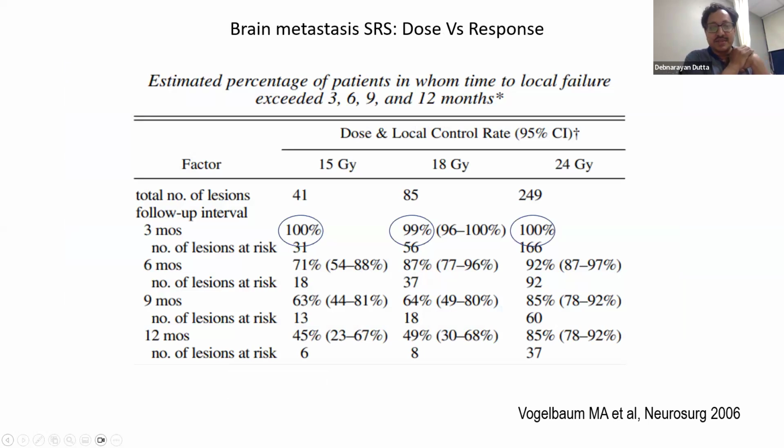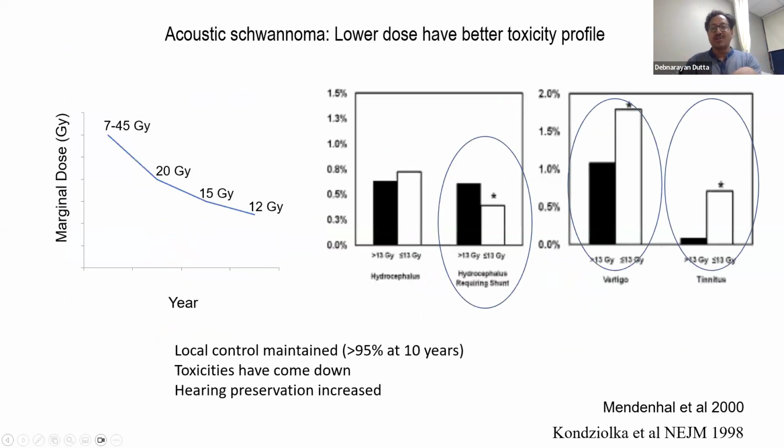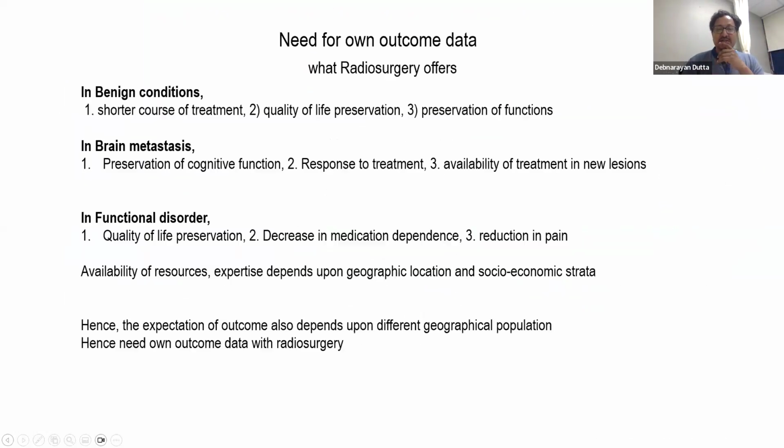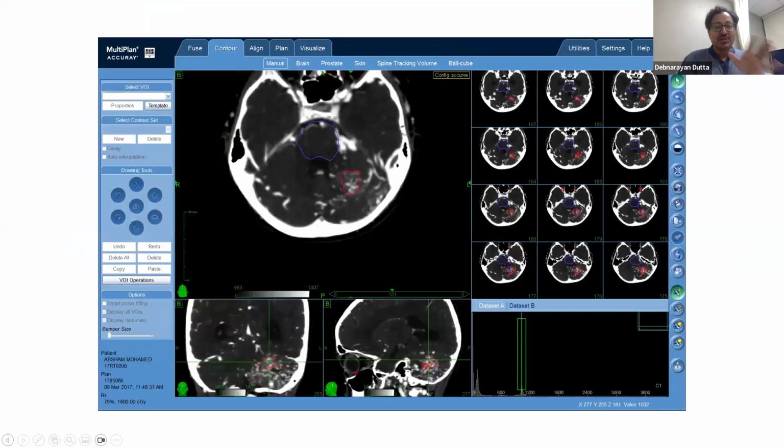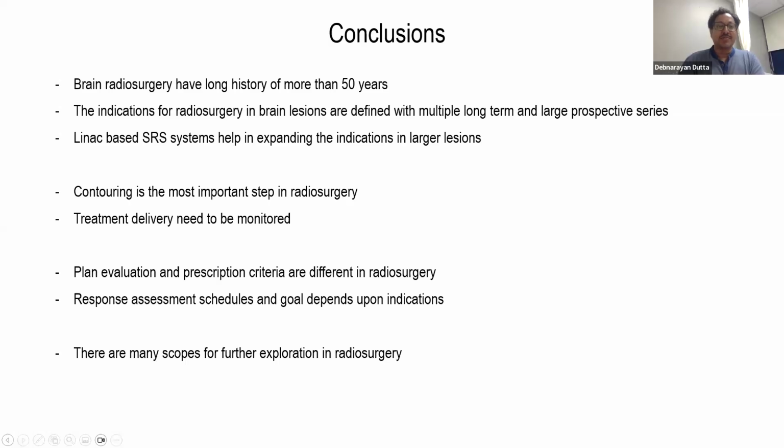Next, this is the same thing. So this is a plot to see how it works out. So you see that when you talk about radiation, especially very high dose, high precision radiation, which is very commonly used in brain tumors, like radiosurgery, it can be gamma knife based or radiosurgery based with tomotherapy, or cyber knife, linear accelerators. So they have a 50 years follow-up for these patients with gamma knife, and there are multiple prospective studies. Contouring is a very important aspect, and as you can see, treatment delivery is also very important, and how you